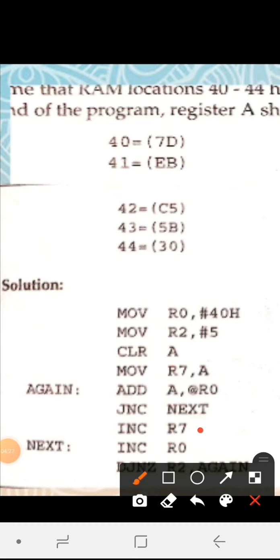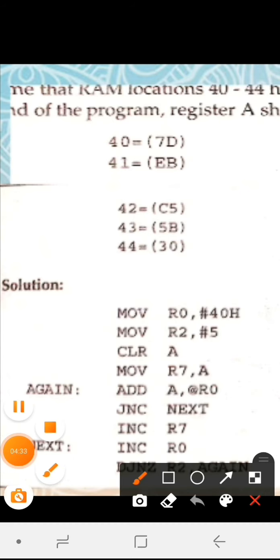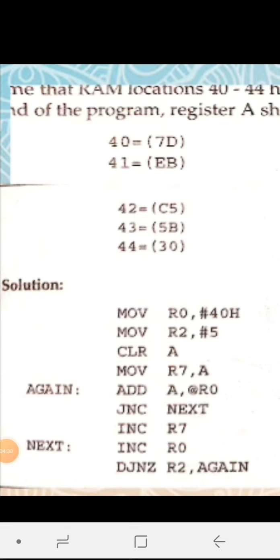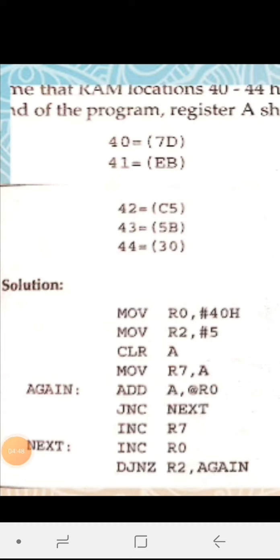If there is a carry, that carry will be stored in R7. If there is no carry, we will go to NEXT. This NEXT is saying increment R0, nothing but we will go to the next location 41, so that we can get the next data to be added.